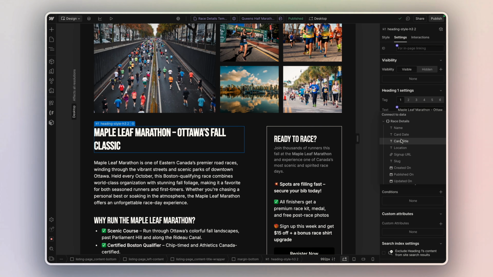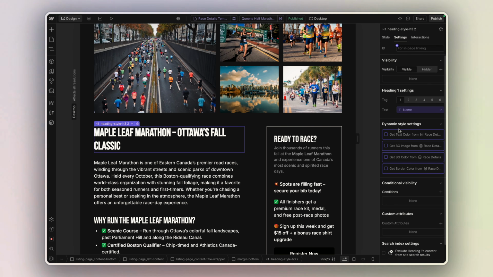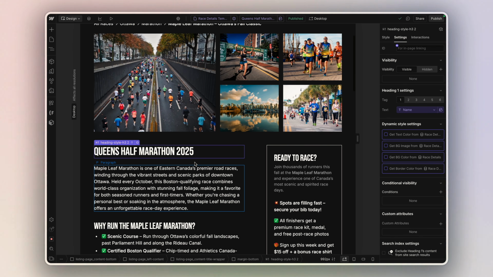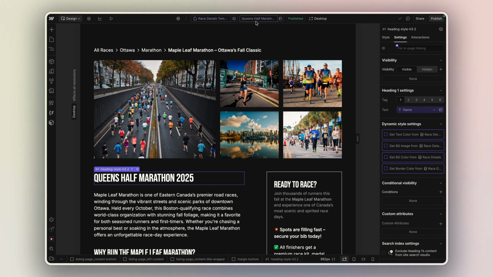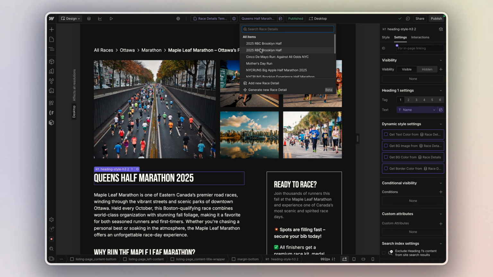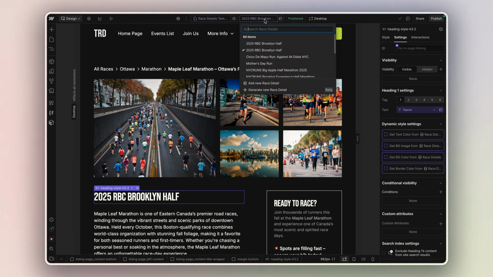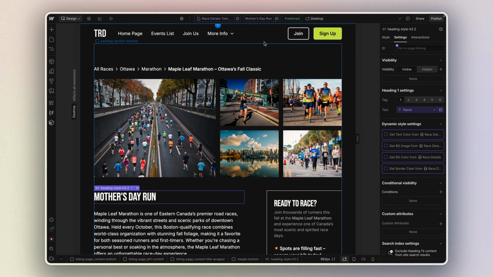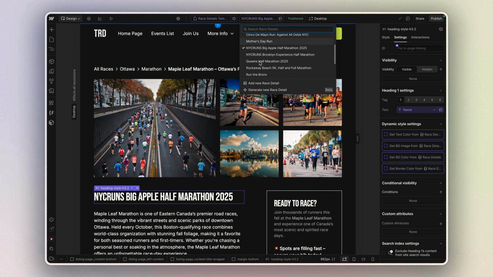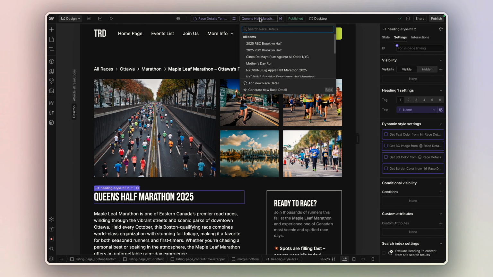For example, I can use the name of the event. And you'll see now how it automatically updates on this one particular page. Now, if we switch between all of the other events, you can see that we'll dynamically change the title of the event depending on the actual value that sits inside of the Webflow